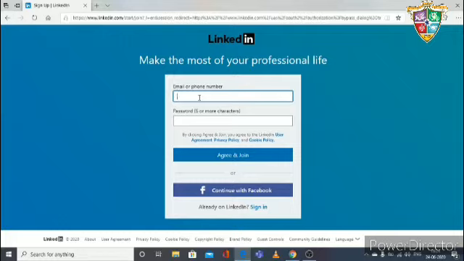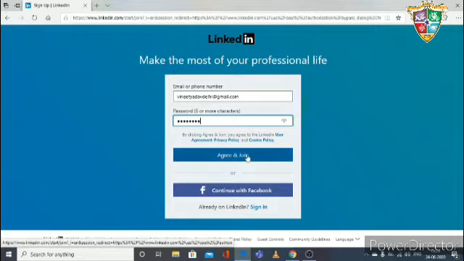So I am putting my email ID, Vineet Yadav, and put the password you have to create now. So I am putting a password and agree and join.